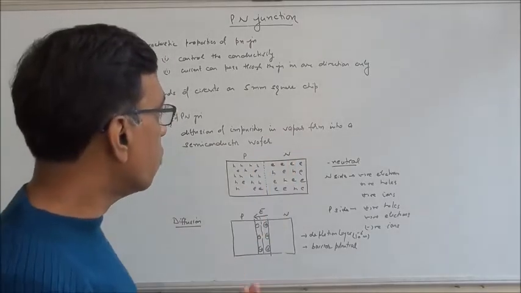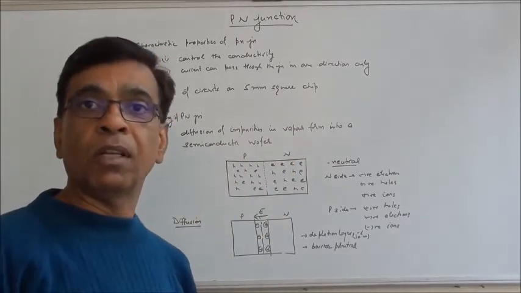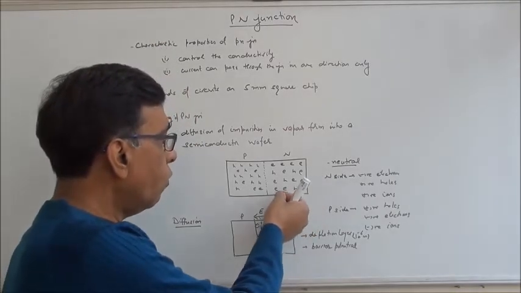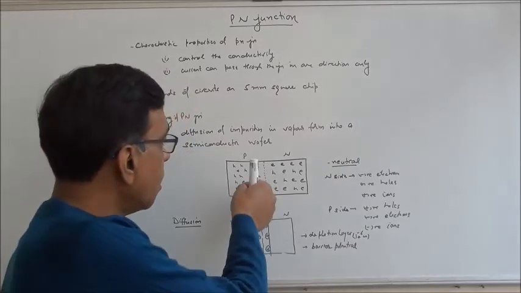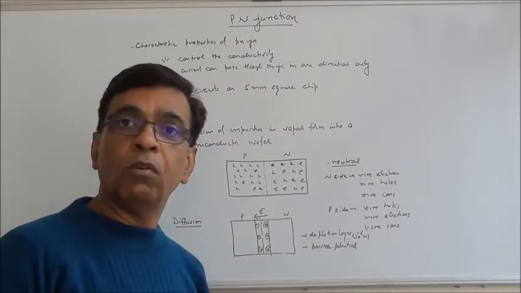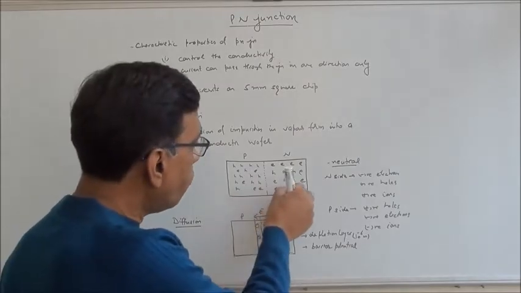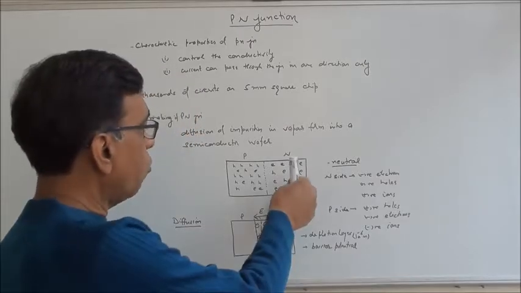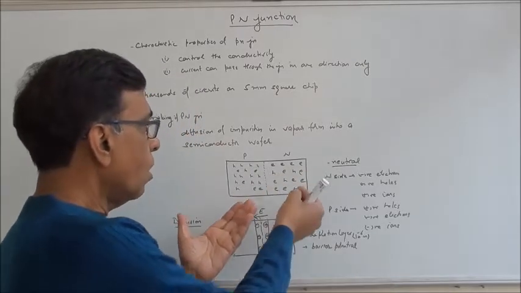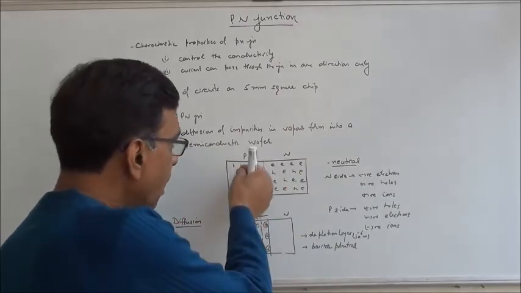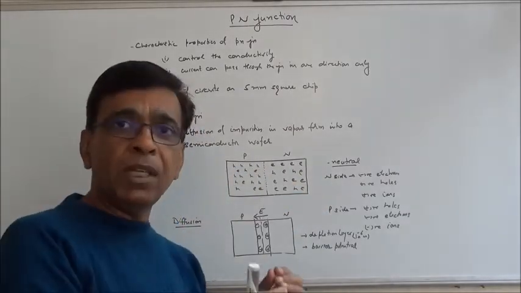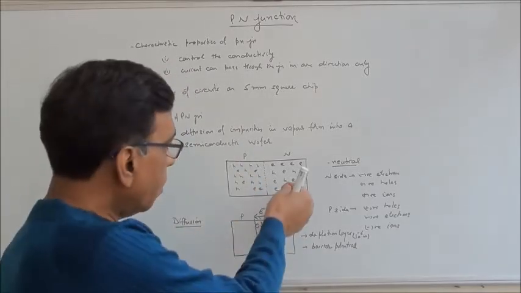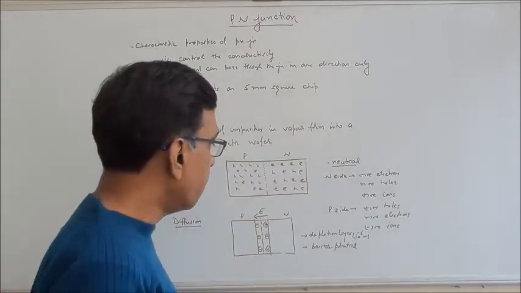On one side we have electrons in majority, on the other side we have electrons in minority. So what will happen? Electrons will move to the region of lower concentration and same way holes will move to the region of lower concentration of holes. So holes move towards the N side, or electrons move from N to P side. When electrons are moving to this side, the number of electrons on the P side will increase, and similarly holes shifting to the N side means electrons in the valence band, in bonds, are shifting to this side. That means that holes are shifting to this side.